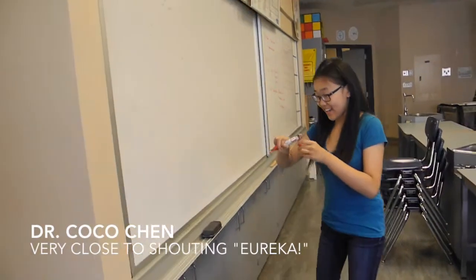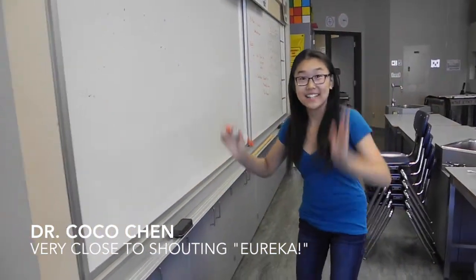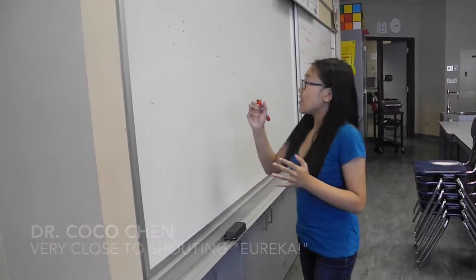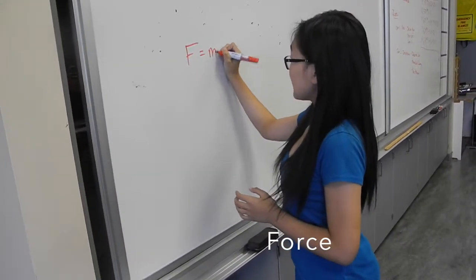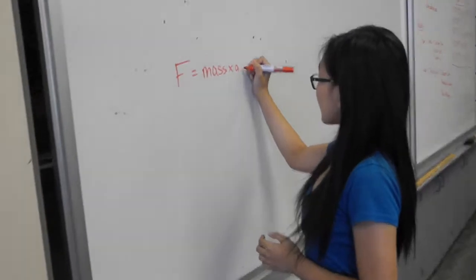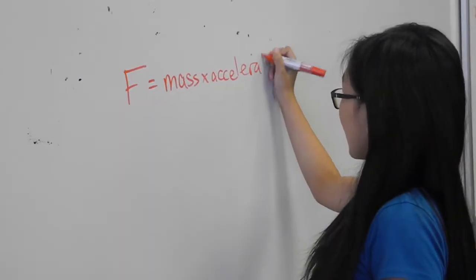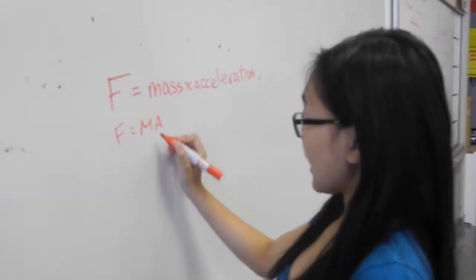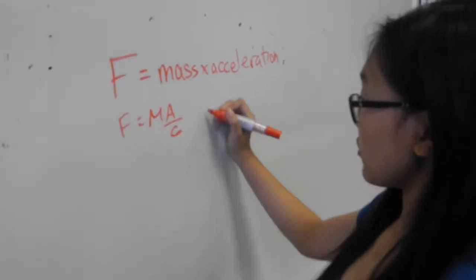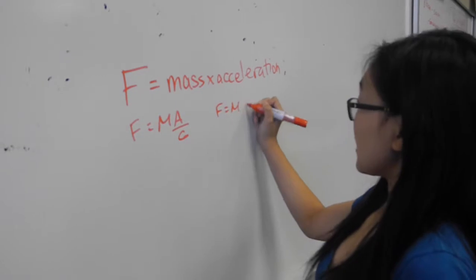This makes a lot more sense now. Okay, I was wondering whether we were doing force or pressure, and this makes a lot more sense. So what I originally thought was force equals mass times acceleration, so F equals ma, and a would be gravity, so we could change that to g, so it would be F equals mg.